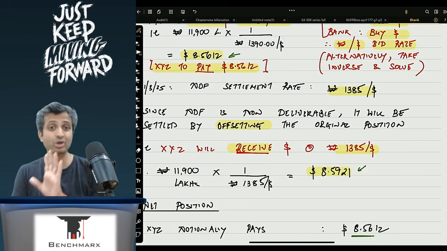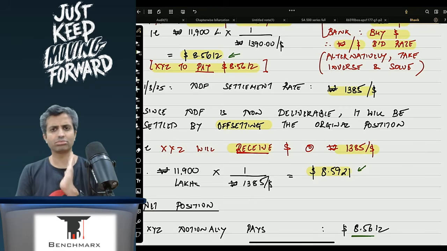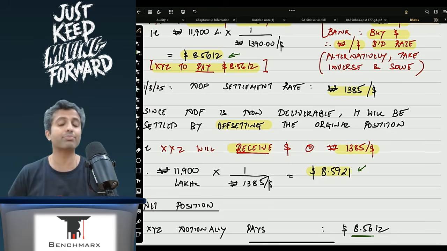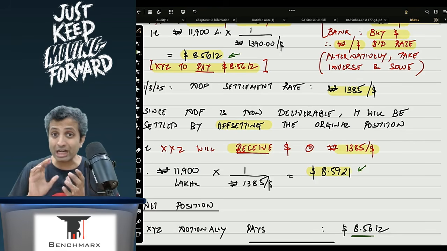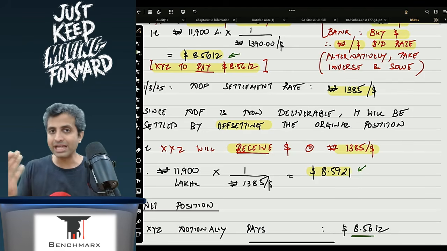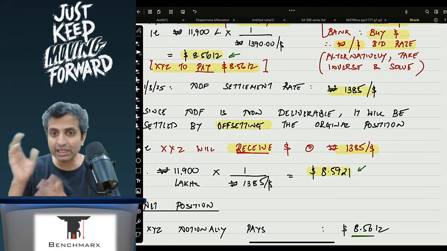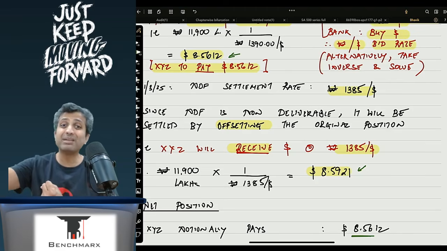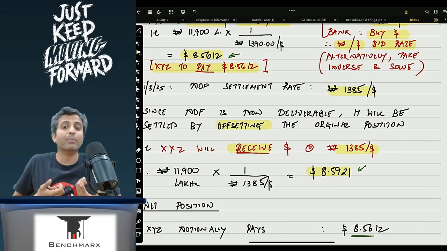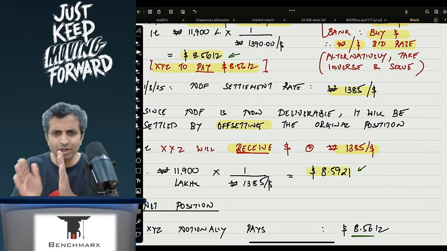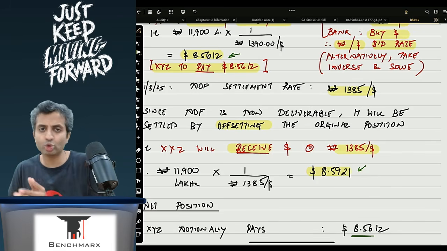So as long as you are able to do it, you can solve it. But the normal error that I will see people making over here is they will probably not be able to clearly find whether it is a gain or a loss. Now ideally the thought process is, if I'm paying 8.56, that is a lower amount of dollars, and I'm receiving 8.59, that is I'm receiving more. That means I'm receiving more, so it is a gain. So if you are able to make sense of that, you do it like this.